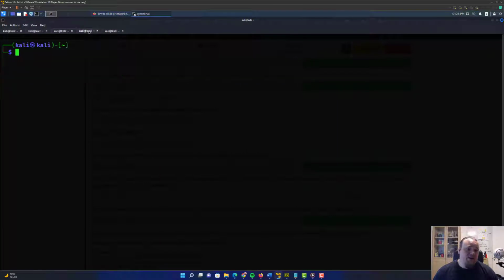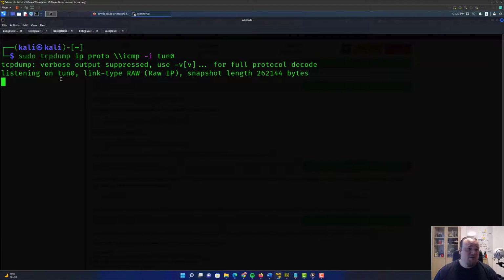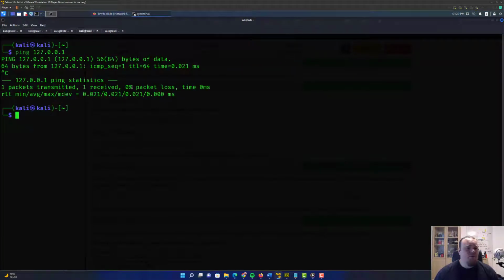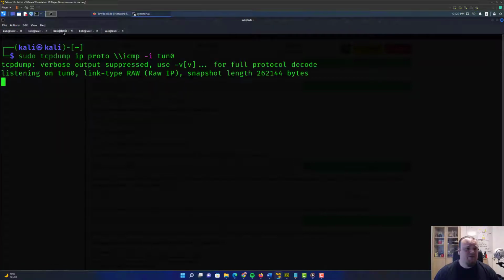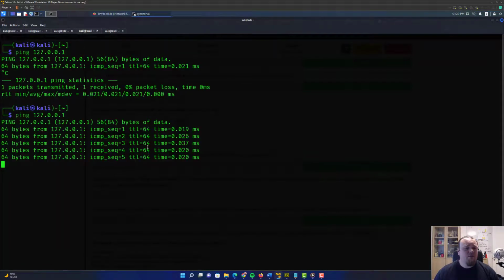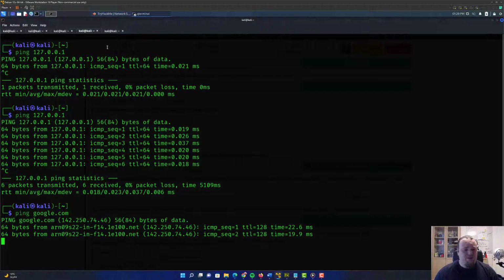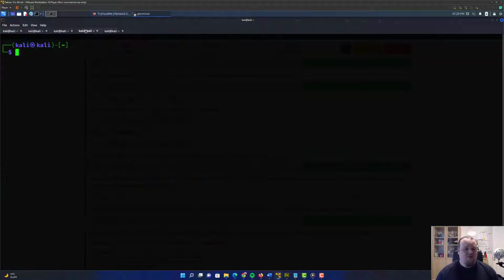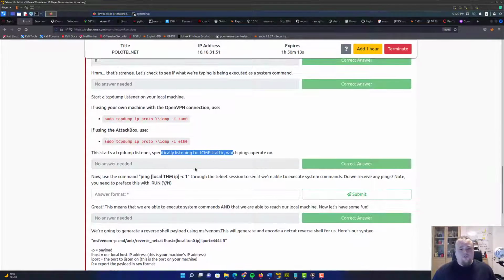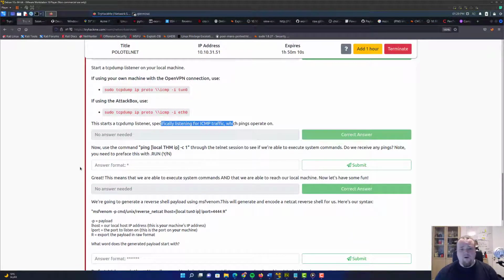So if I go ahead and ping, I suspect we're gonna get just a tad. No. Maybe it's incoming, maybe it's not outgoing, I don't know. Anyways, let's just continue with the room. It says now use the ping command with the local IP and -c 1 through the Telnet session to see if we're able to execute system commands. If you receive any pings, note that